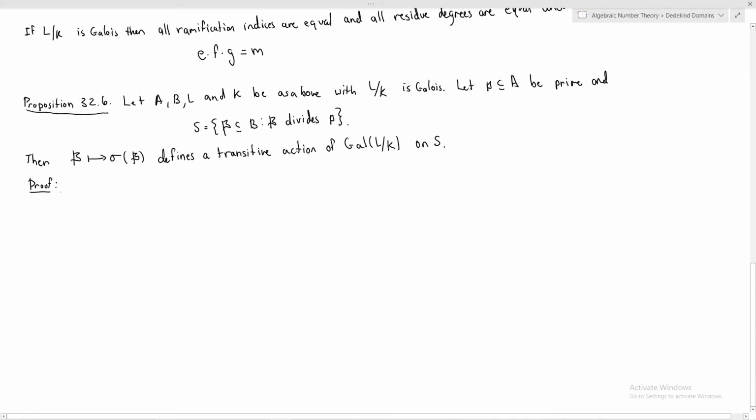So first we'll prove that the action is well defined. So we're going to let sigma be in the Galois group. And let's say I've got a prime B in S. So one can pretty easily check, just using the definition of prime ideals and the fact that sigma is a field isomorphism, or an isomorphism of rings from